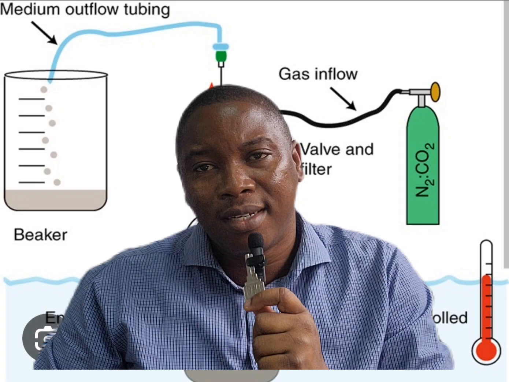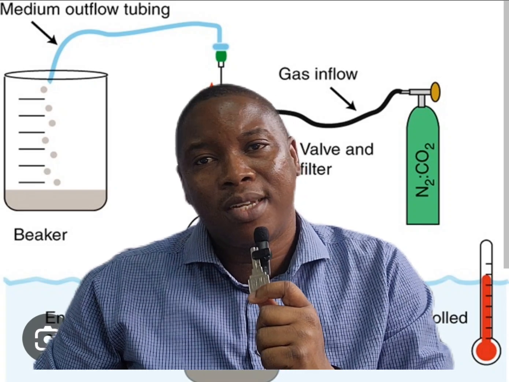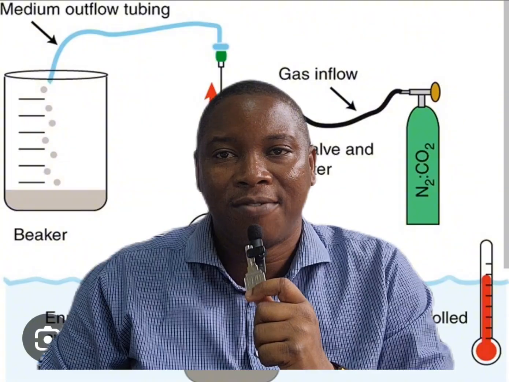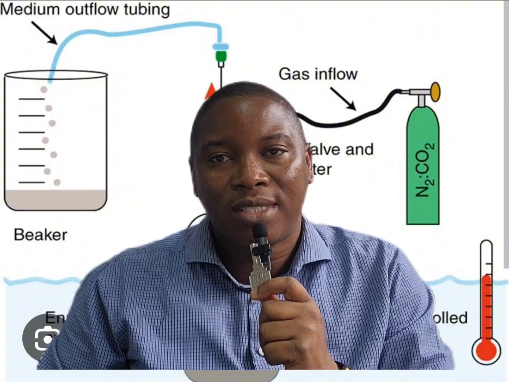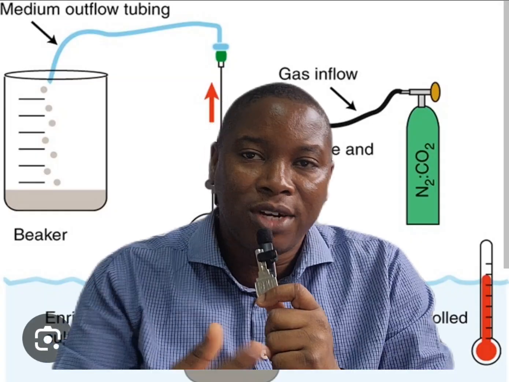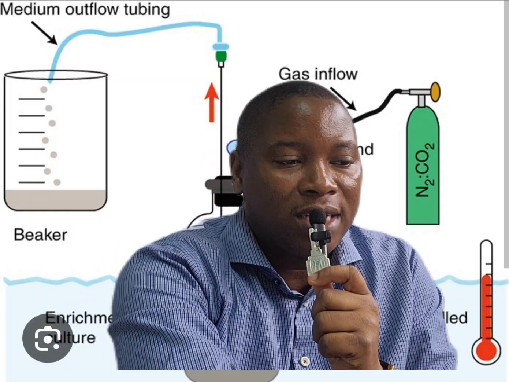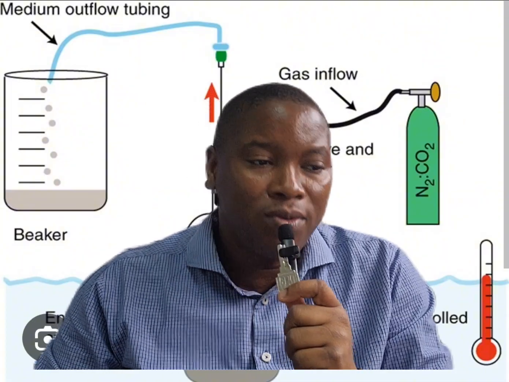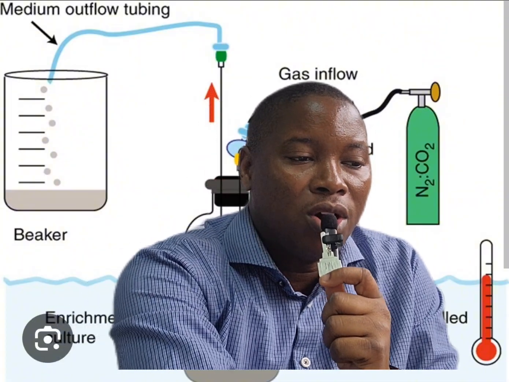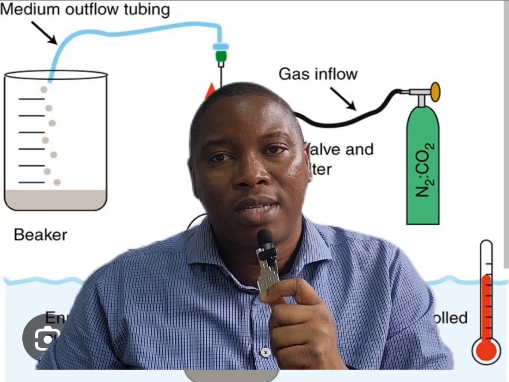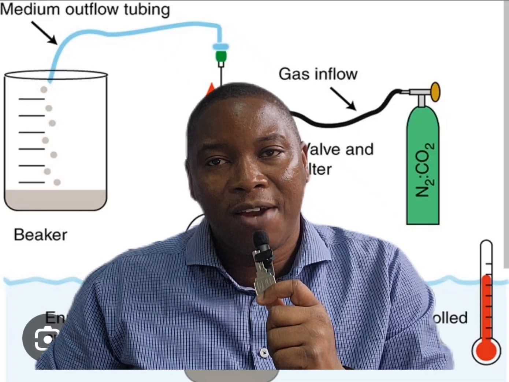When we do medical and clinical microbiology too, we're interested in particular organisms. For example, you may be interested in organisms causing sexually transmitted infections. So you can create conditions and cultures that encourage the growth of those organisms over some other kinds of organisms. When we do environmental microbiology, when we do industrial microbiology, all of these apply. So it's important to understand that enrichment cultures are very, very important.